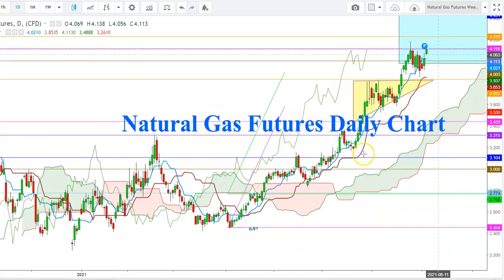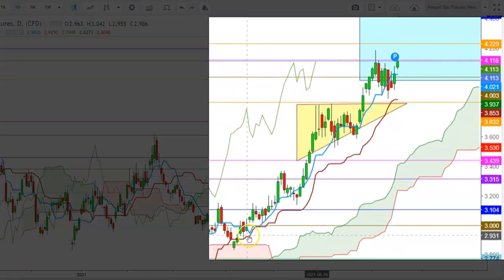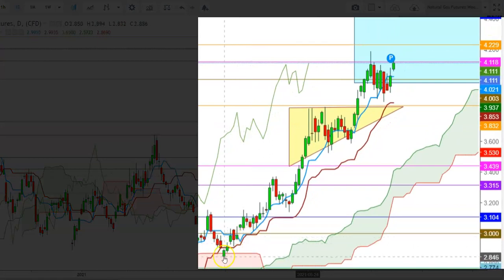So here in a daily time frame, you can see how the natural gas futures have been maintaining this uptrend from the levels of 2.8, which the natural gas futures tested on May 24th, when they started the current uptrend above the upper end of the Ichimoku cloud. And since then, the natural gas futures were maintaining this uptrend up to the levels of 3.826, where the natural